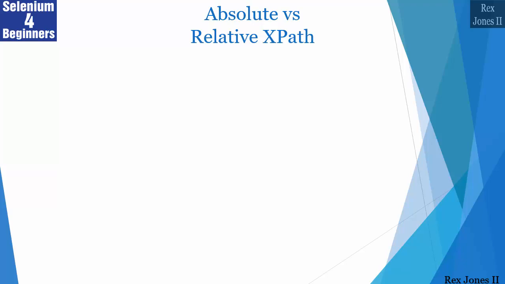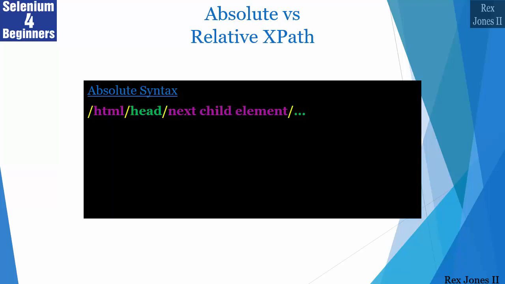There are 2 types of XPath, absolute and relative. Here's the syntax for an absolute XPath. The absolute XPath always begins with the root element, which is HTML. It can start with a forward slash before HTML or without a forward slash before HTML. However, a forward slash will always come after HTML, followed by head or body as the next element, and stop